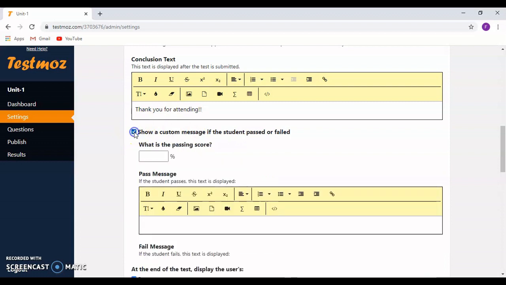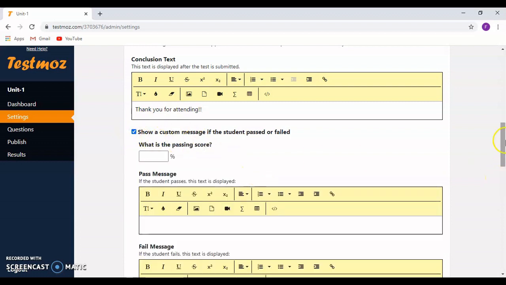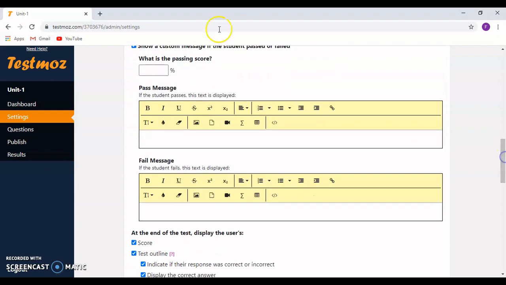Let us try this. I put a tick here. First I need to set a passing score. I set it as 50. Now the pass message for students who have passed, simply put it as well done, and for the students who have failed, we put it as try again.